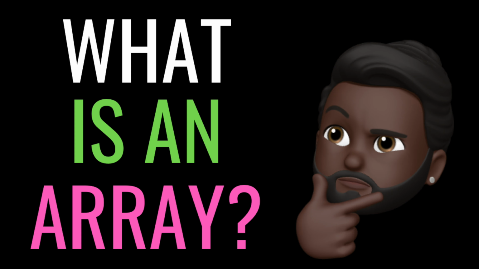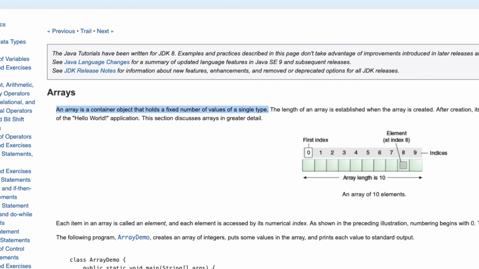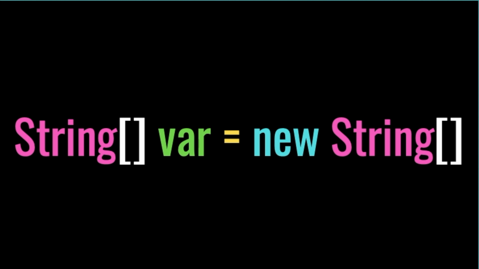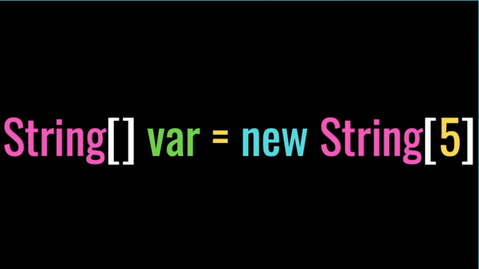What is an array? An array is a container that holds a fixed number of values of a single type. We can make an array by declaring it like so. We put the type of the array followed by these square brackets, followed by the variable name, equals the type and the brackets again, but this time we'll put the number of elements that we want to hold in the